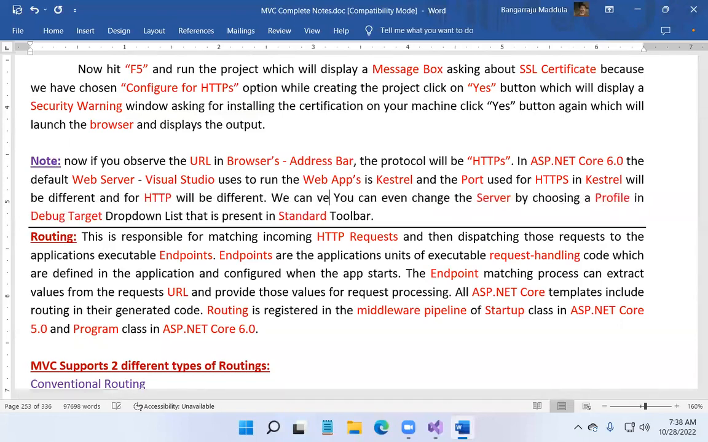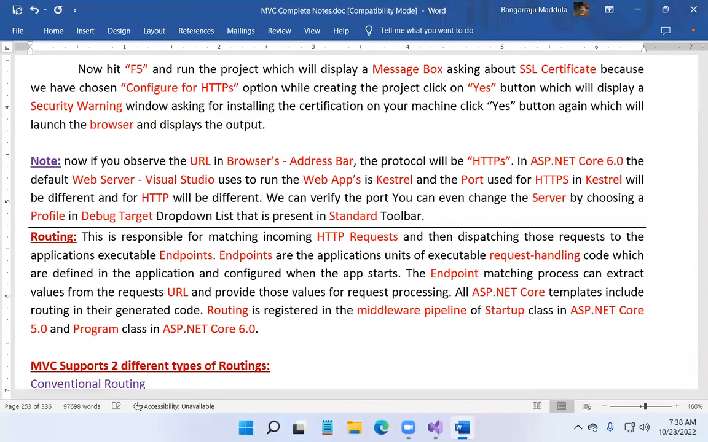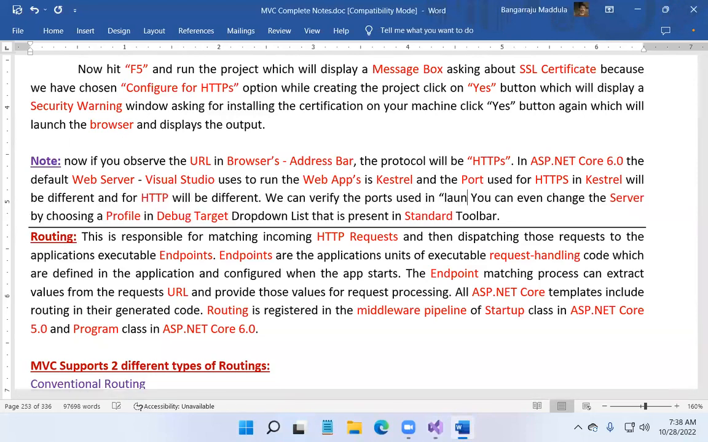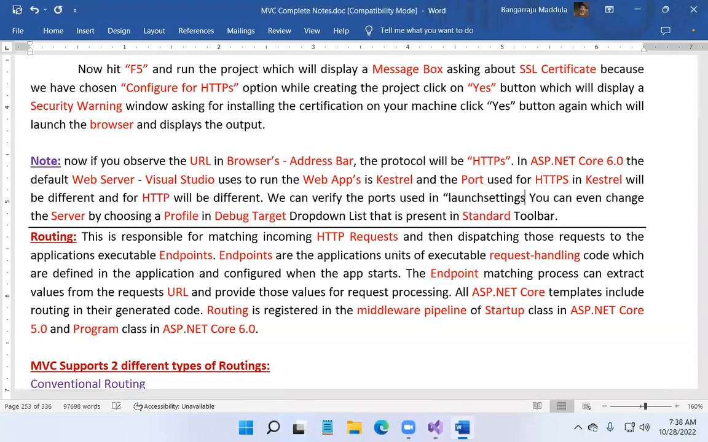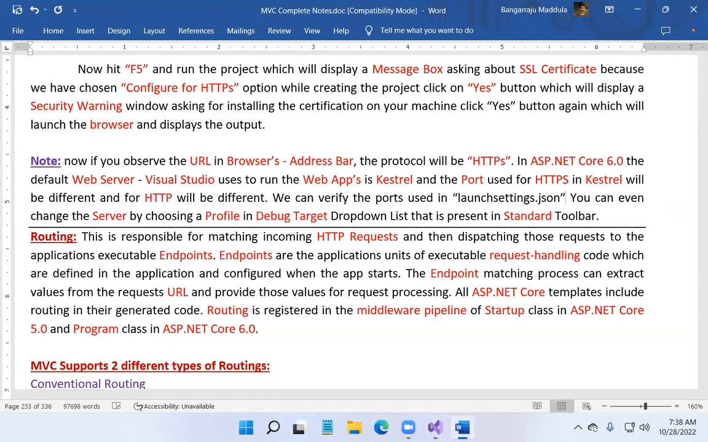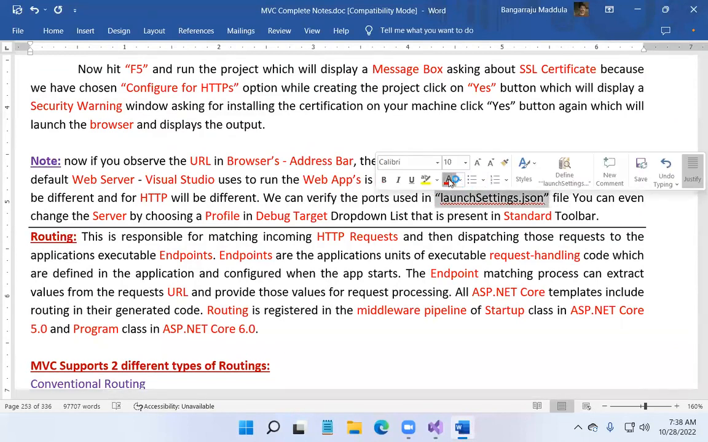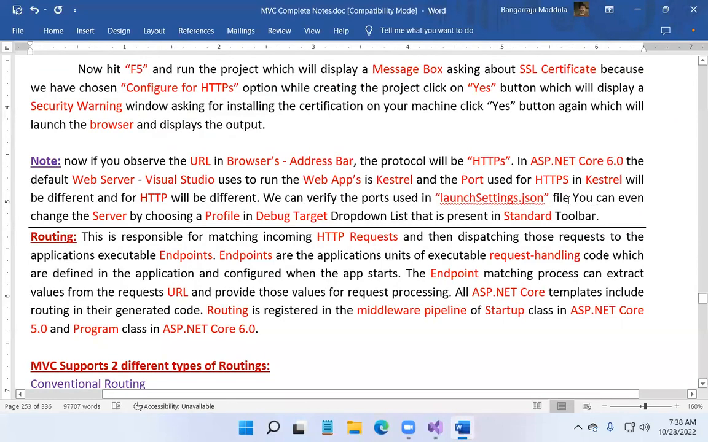We can verify the ports. We can verify the ports used in which file? The launchSettings.json file. This can vary from one to the other. Okay. You can even change the server by choosing the profile in the debug target drop-down list